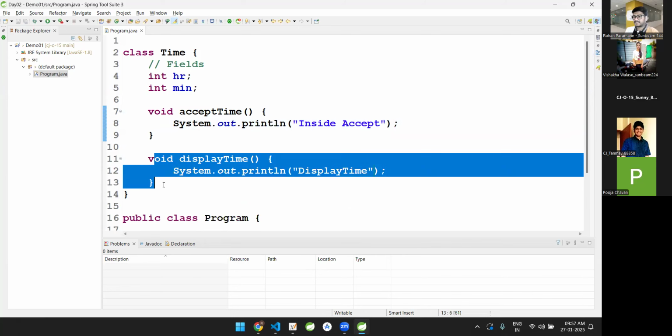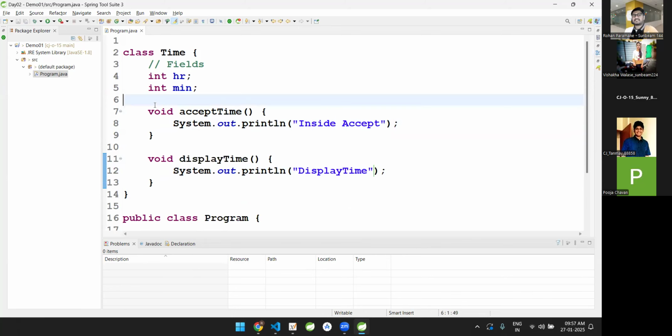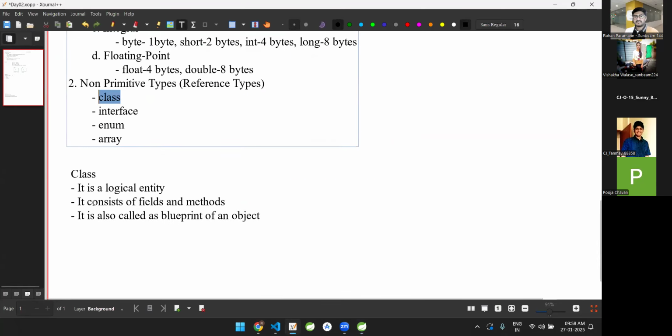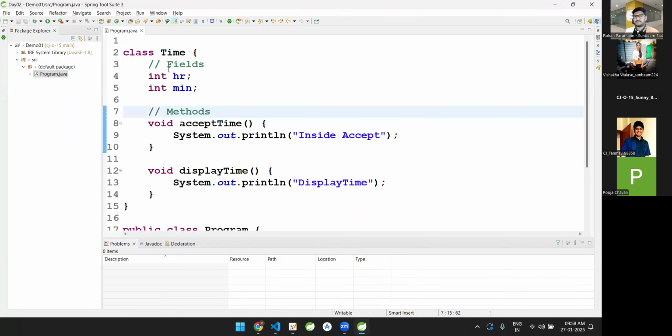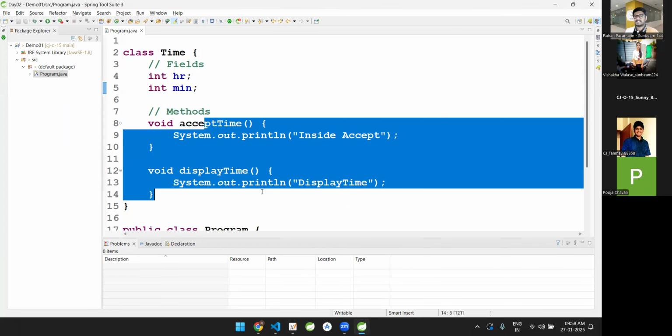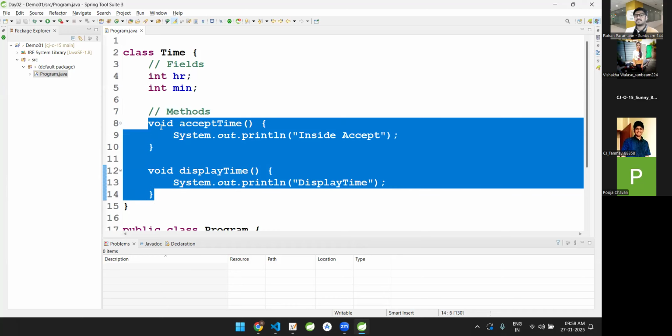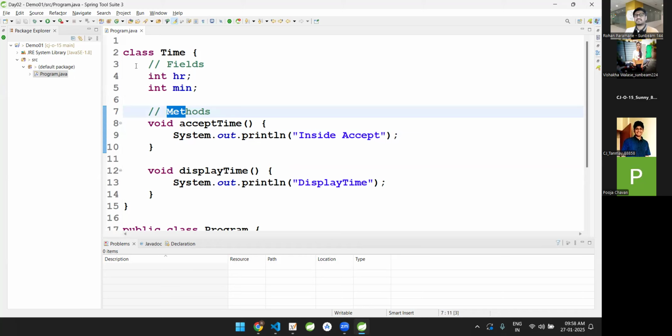ये जो भी functions आपने लिखे हैं, whatever the functions that you have written inside this particular class, we call them as methods। इन्हें हम लोग क्या कहते हैं? इन्हें हम लोग कहते हैं methods। So when I wrote this statement that it consists of fields and methods, that means it consists of the variables and the functions। Whatever the variables that you declare inside the class, we will call it as fields, whatever the functions that you declare within the class, we will call it as methods, and that is why we say class consists of fields and methods।